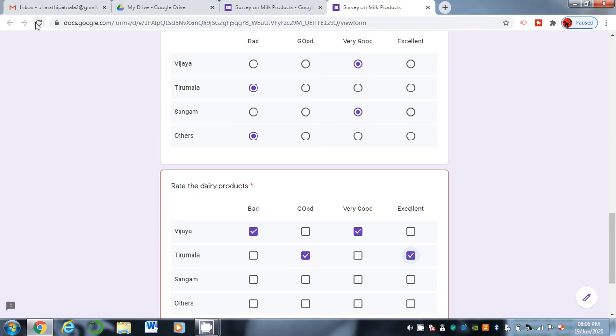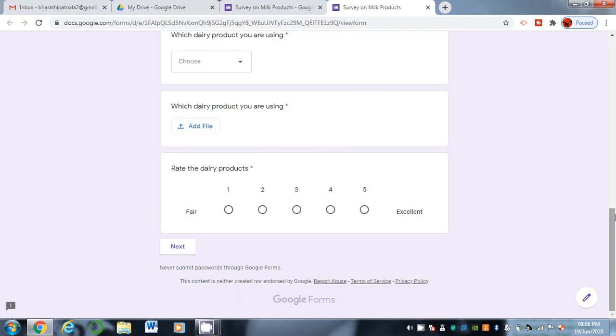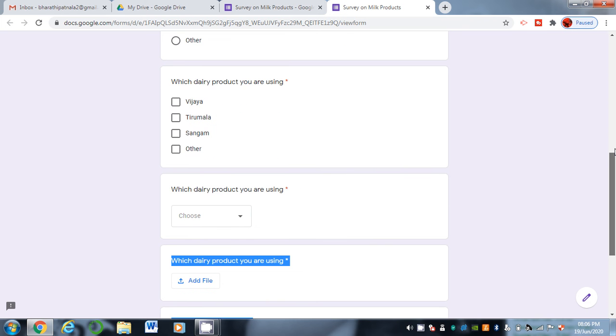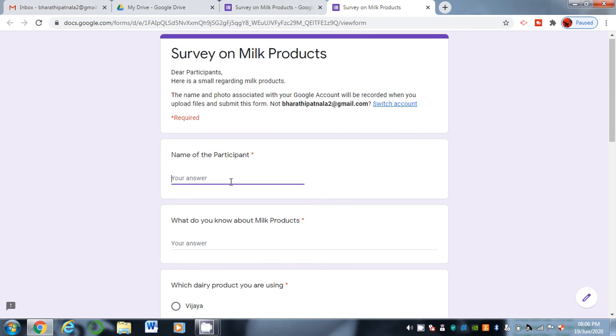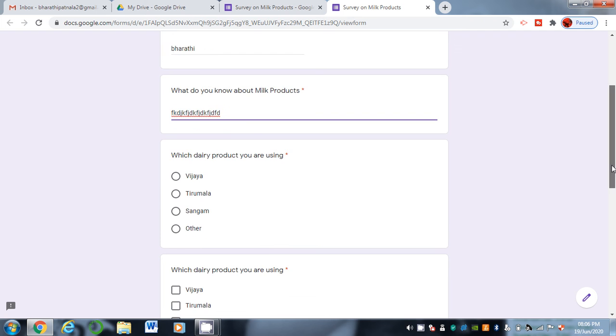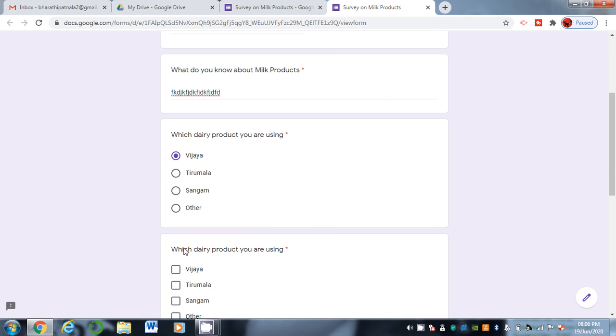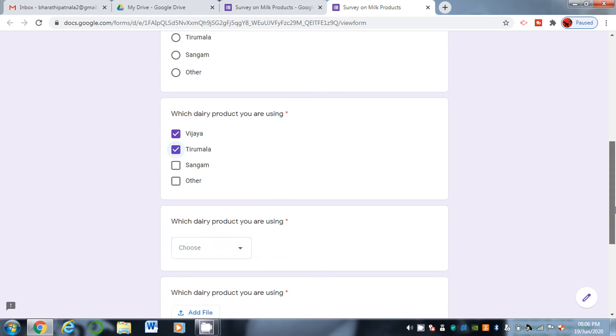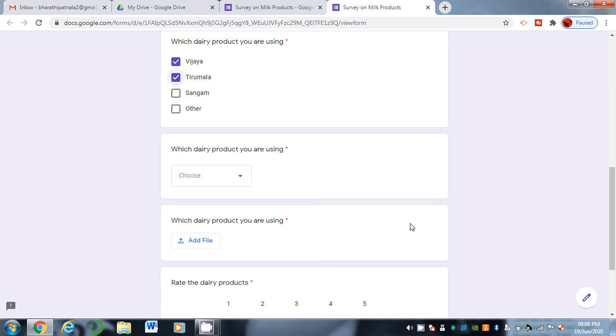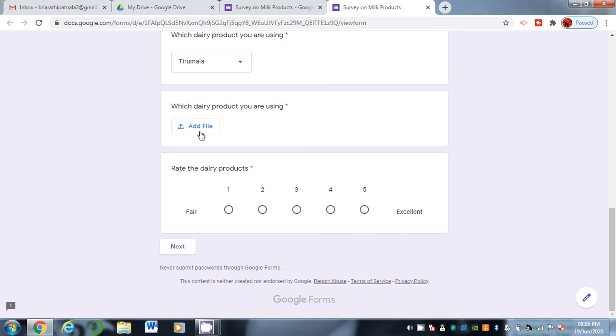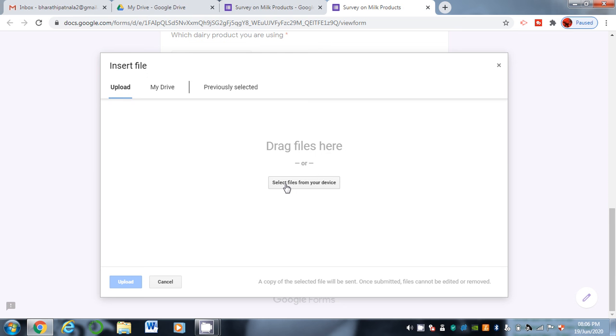So reload. When you answer all these questions, for example, some milk products, something I can write here, and you can select something. Some you can add file.